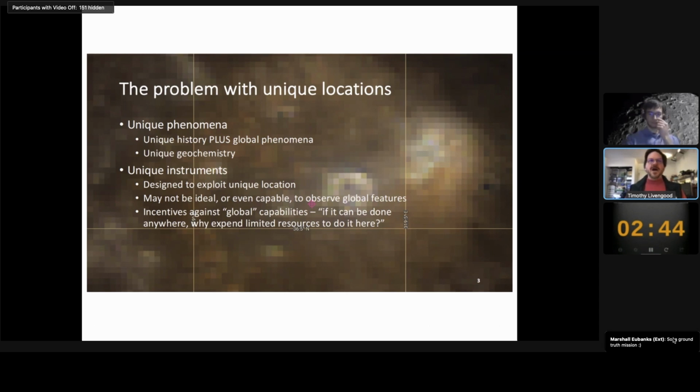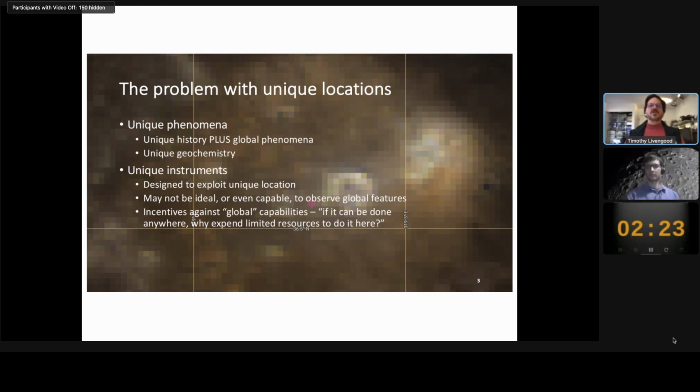And these properties lead to unique instrumentation also. It's designed to exploit that particular location and often may not be ideal for measuring the things that happen globally, or they may not even be capable of it. And of course, I think of the way we got through decades and decades of studying the moon without noticing that there's a hydration cycle, because we carefully avoided looking at water because we knew it wasn't there. And then finally, there are incentives against having global capabilities in a focused mission